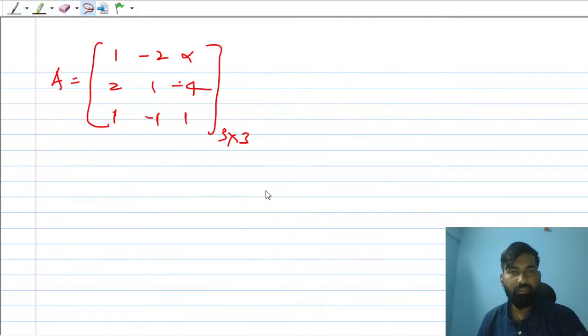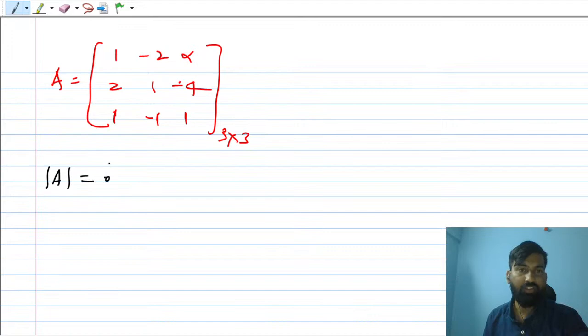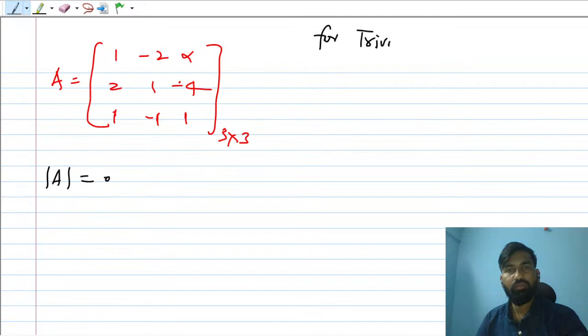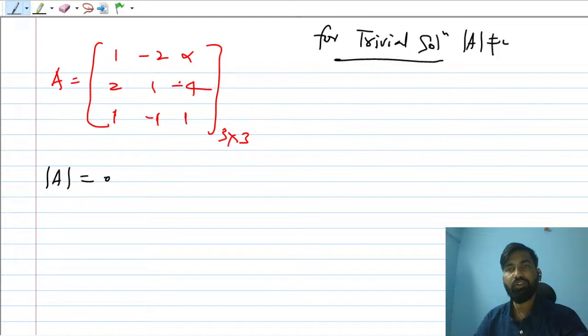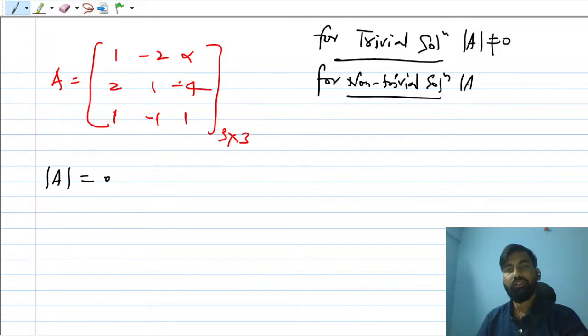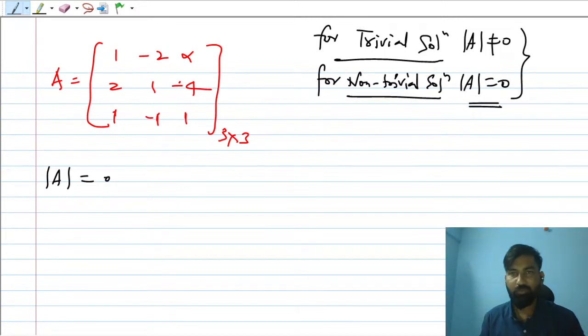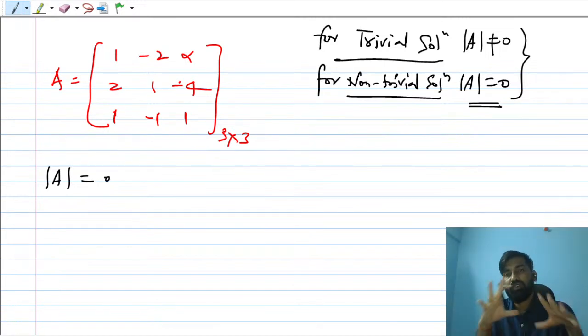Let me give you this. Now you can find the determinant as it is non-trivial. See, if it is a trivial solution, for trivial solution the det will not be equal to 0. For non-trivial, the det should be equal to 0. As we go ahead in the lectures, you will understand more and more about these concepts. But for the sake of understanding, just keep in mind for trivial solution, if